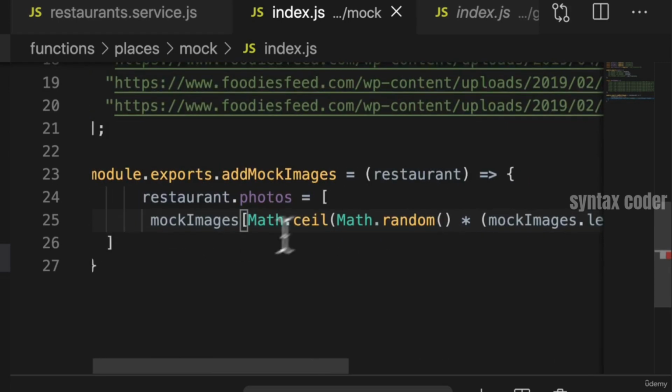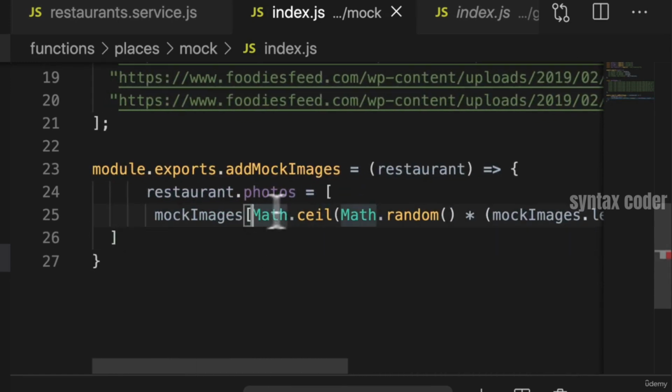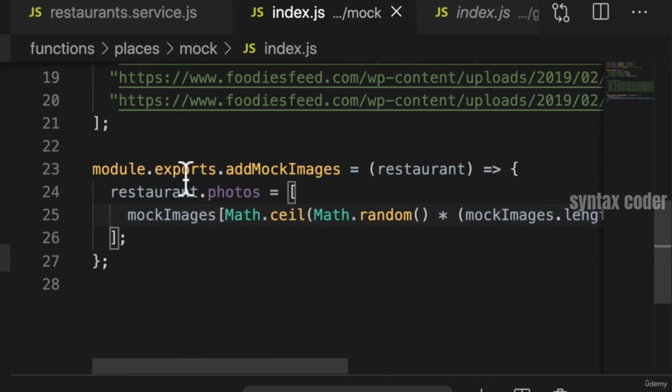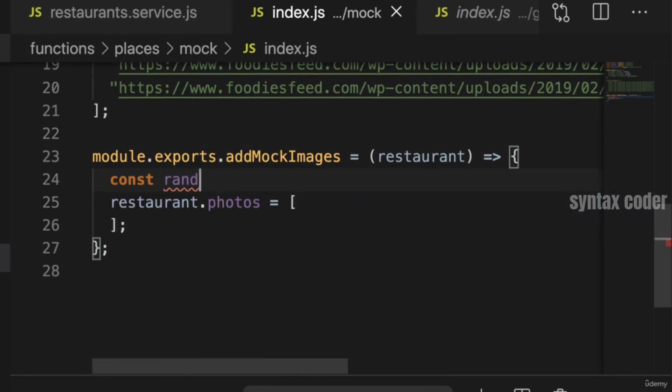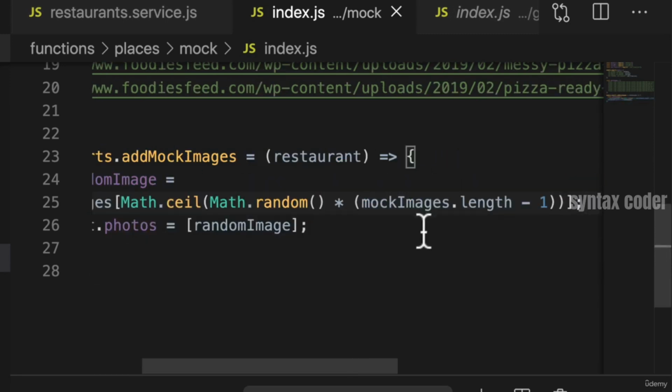That should do it for us, I believe. Now, this one closes that one. Remove that. And now we have restaurant.photos is equal to a specific mock image. Const random image. Let's do this, a bit more readable. And we'll say that restaurant photos is equal to some random image. And then we'll return